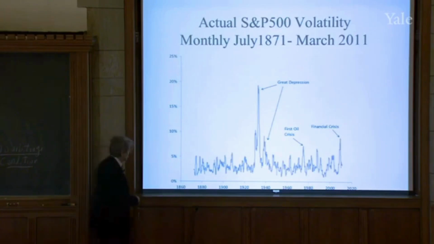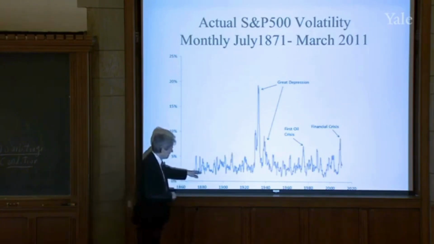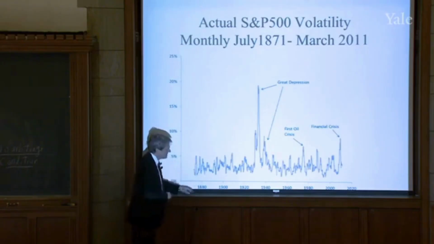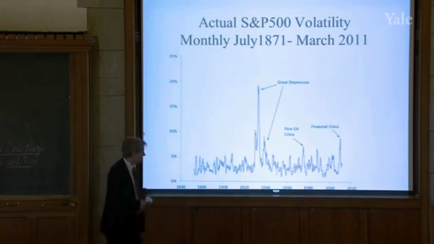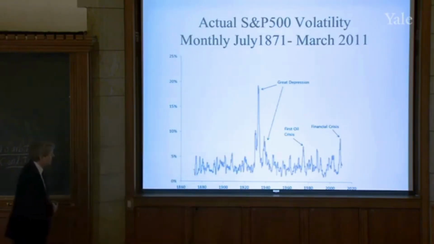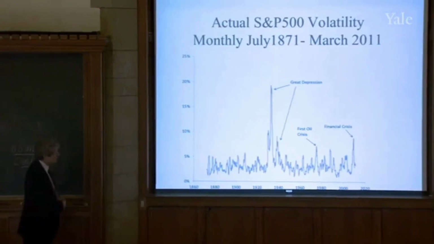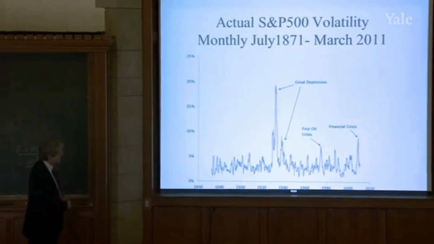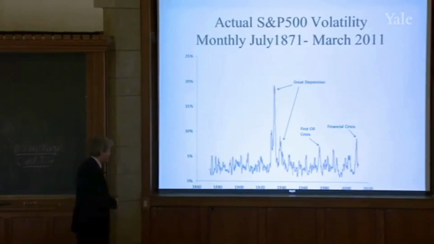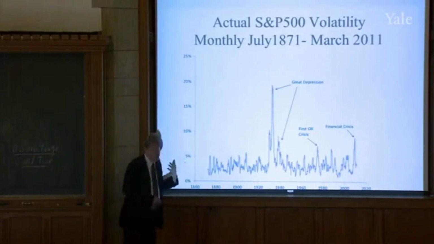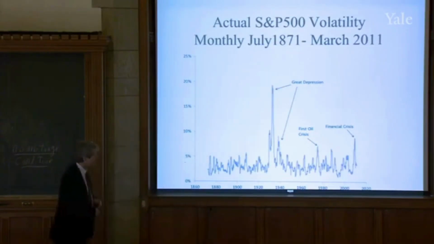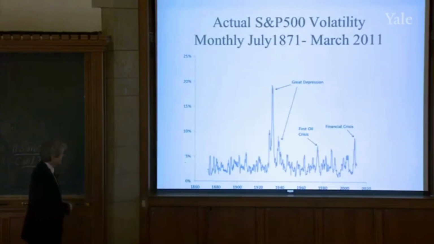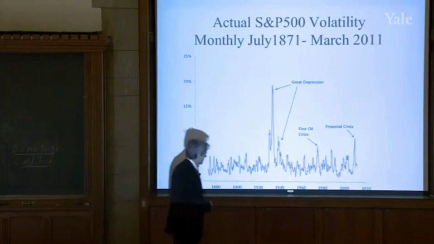1871. And so these are the actual moving standard deviations of stock prices all the way back to the beginnings of the stock market in the US. Well, not the very beginnings, but the earliest that we can get consistent data for on a monthly basis. And you can see, this goes back further than the other chart.